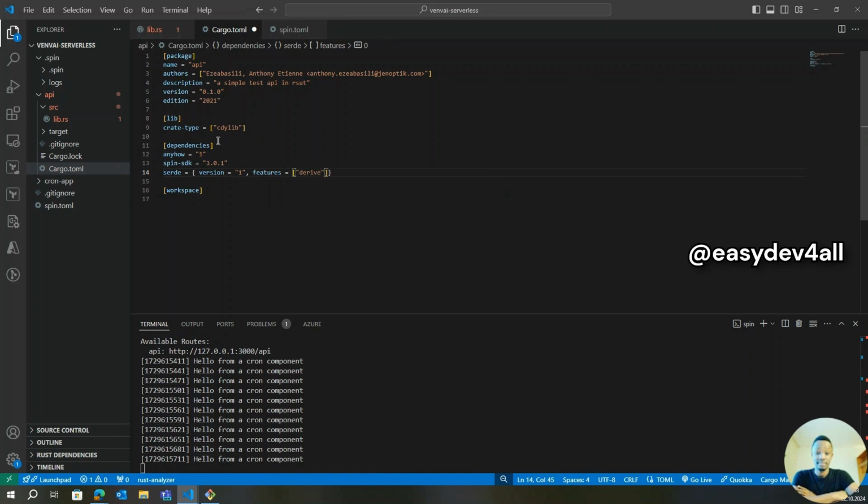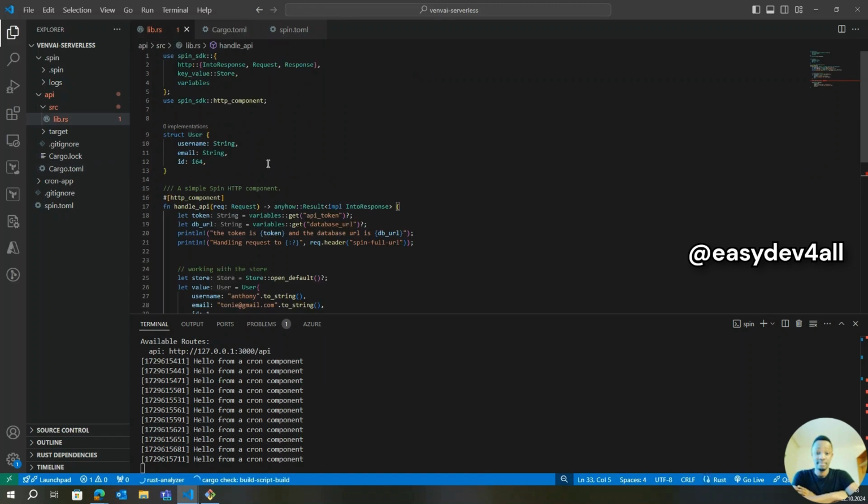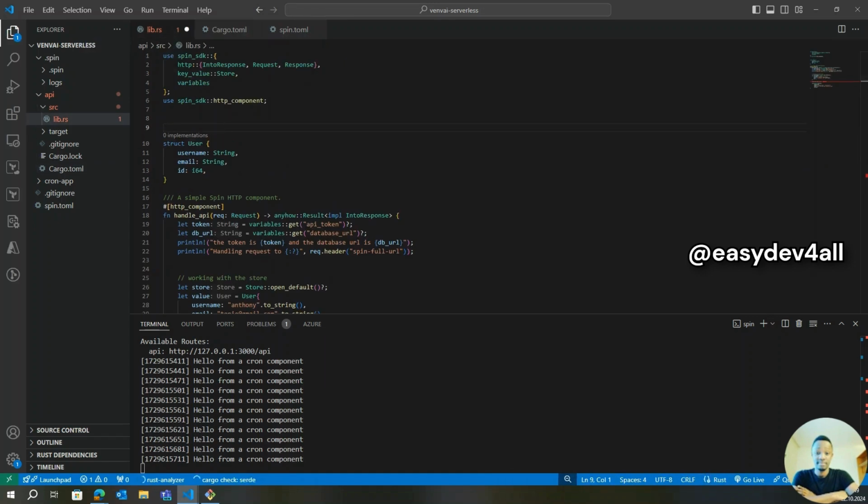And maybe I also go ahead and add serde JSON. So I say serde JSON. Also, it's going to be version 1.0. Maybe I also make this 1.0, something like this. Okay, so that now to our user struct, I can simply come in here and now add some traits to our user struct. So again, come over here and we say derive,